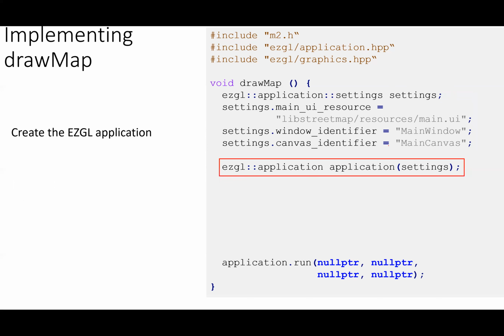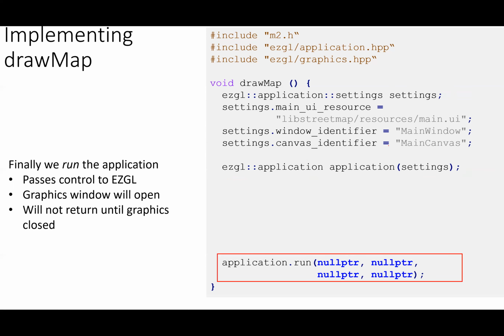Okay, so I've now created my EasyGL application. That still won't make the window appear. To make the graphics window appear, I need this line. EasyGL application, call the member function run. It actually takes 4 parameters. We're not going to use any of these parameters right now. We can set them all to null pointer. And this